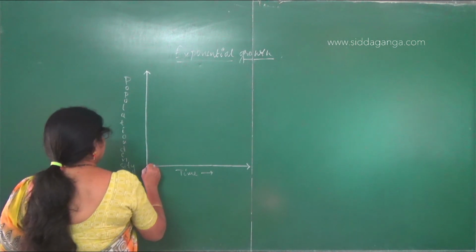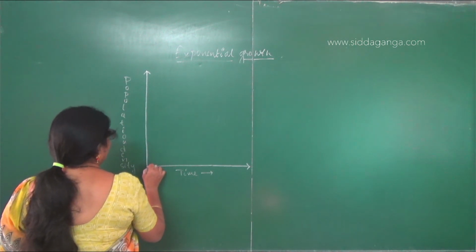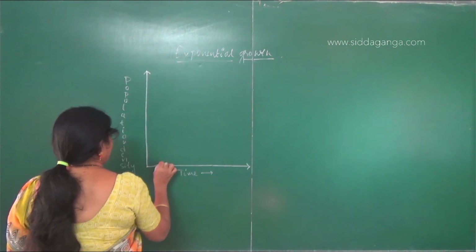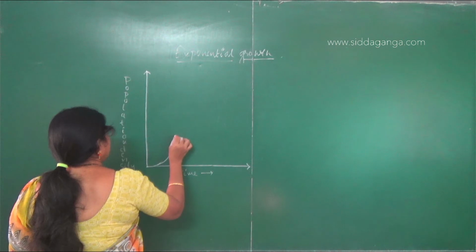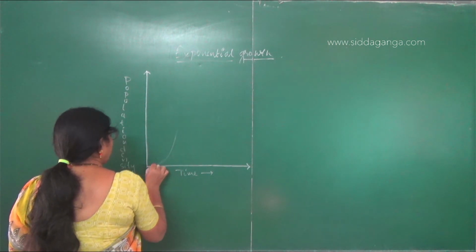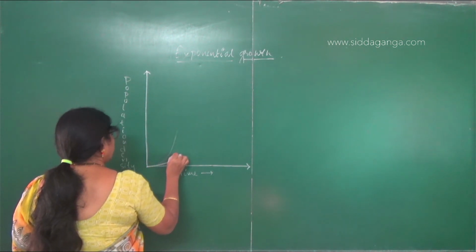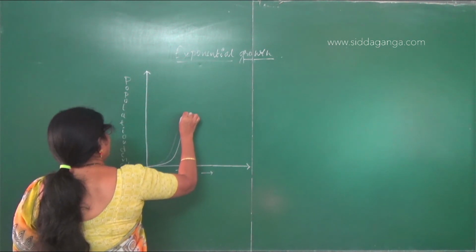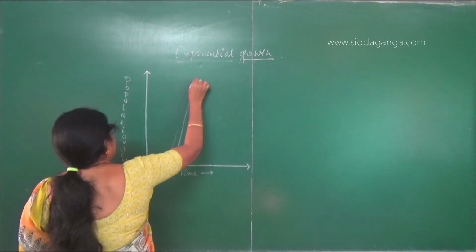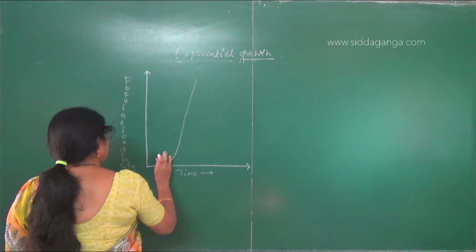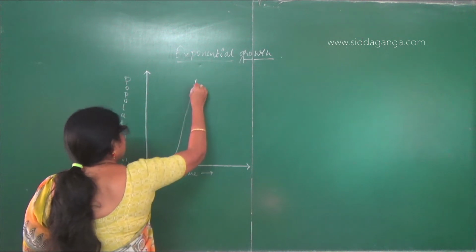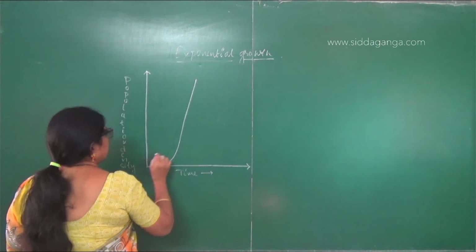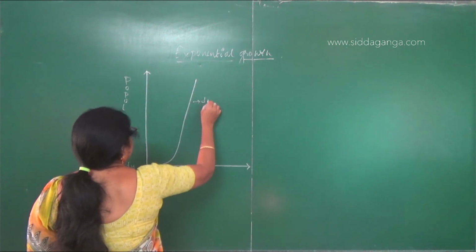When the resources are abundant, initially there is a slow growth, and finally the population goes on increasing like this, which gives a J-shaped curve,